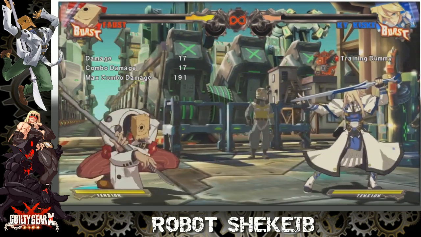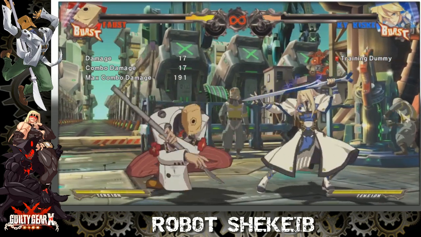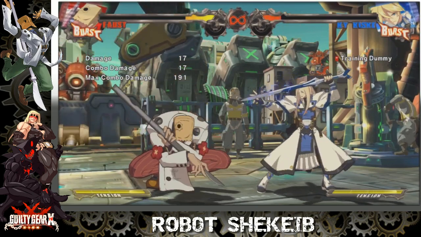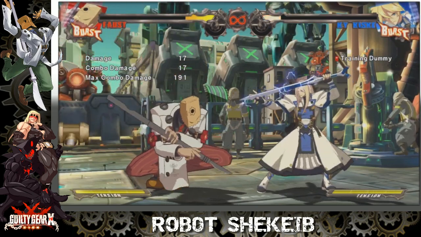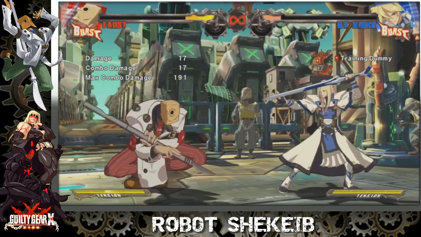Another offensive mechanism in this game is clashing. So if you clash normals with an opponent, the screen will freeze for a second, and you'll be able to cancel out of it with another normal. It doesn't happen too often. Sometimes there's a new mechanic in the game called